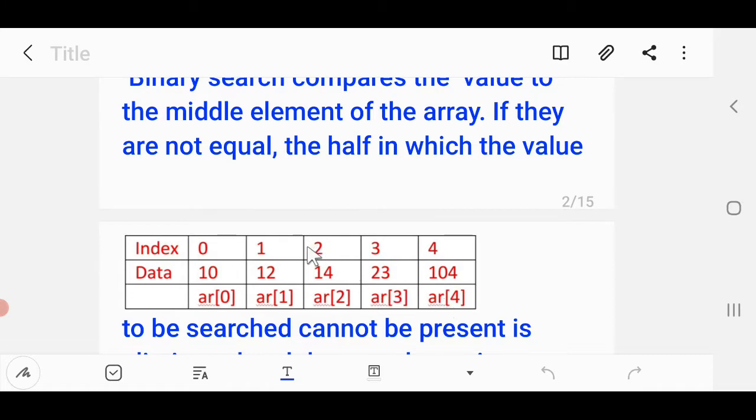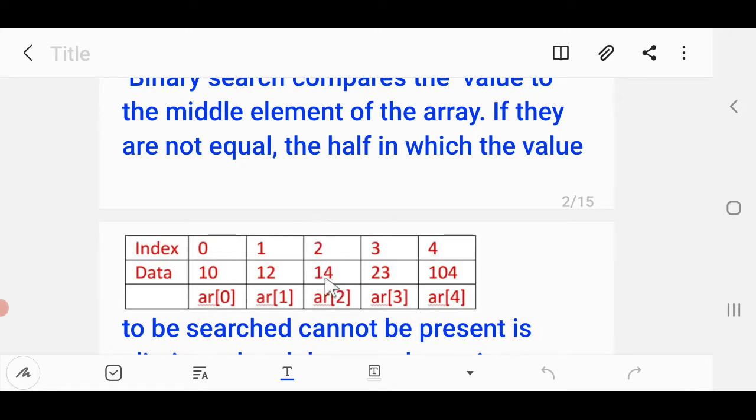Now how is the binary search performed and what is it all about. Students, if I ask you to get me the middle element of this array, how will you find that? You will add 0, which is the first index or the beginning index, to the last index, that is 4, and then that sum is to be divided by 2. That means 0 plus 4 divided by 2. What do we get? We get 2. So that is the middle location, and definitely the middle element will be available at the middle location.